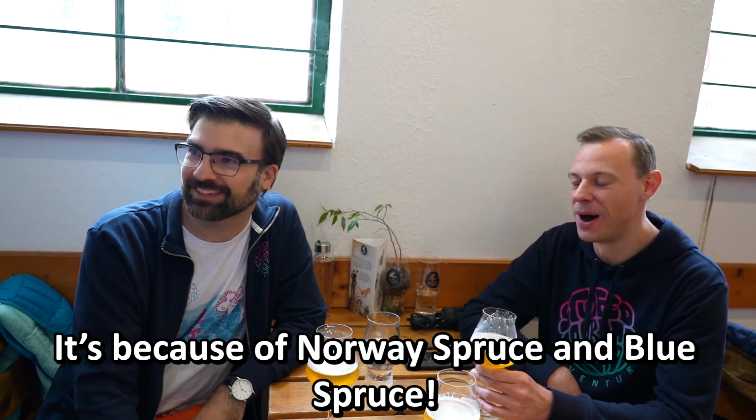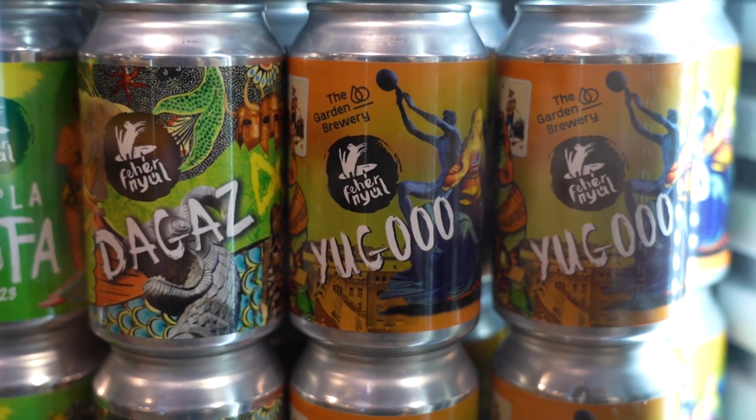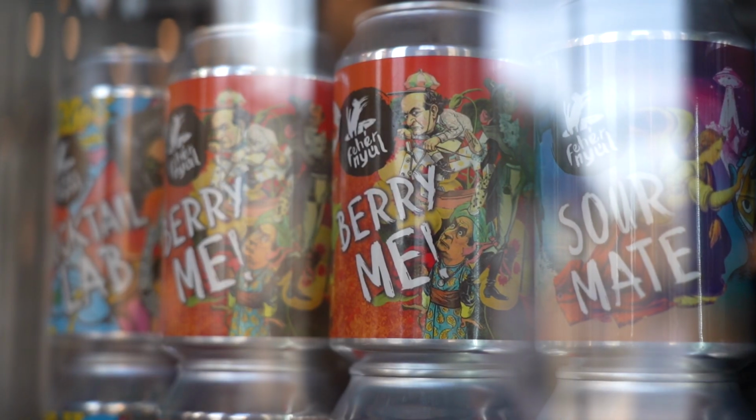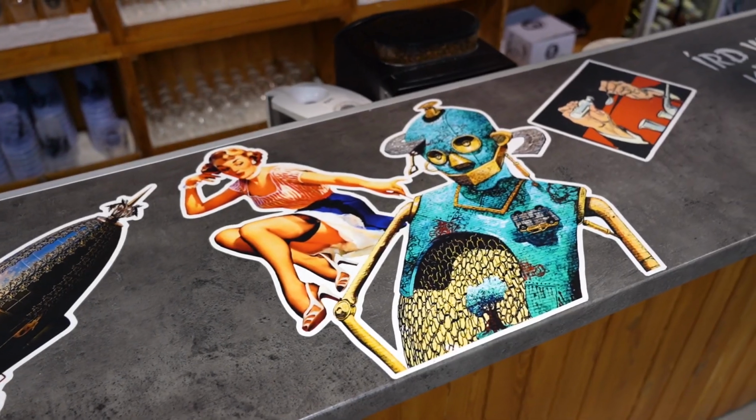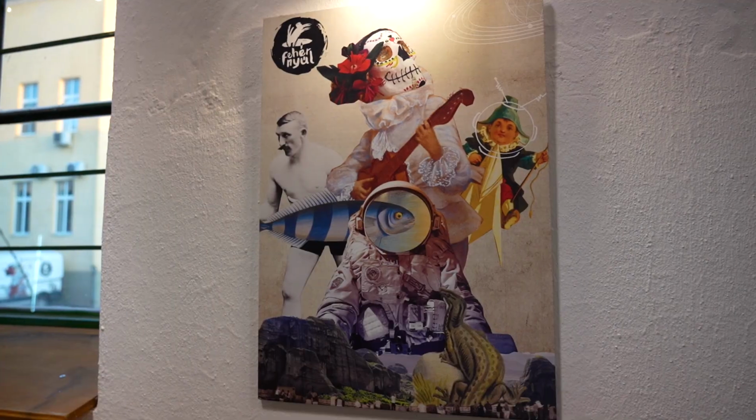And really. How do you come up with these cool names and designs? We usually tend to try to have a little fun with the naming, but also we aim to represent some aspect of the beer. Not only in the title of the beer, but also the can art, the label art. But sometimes we get a little cryptic, try to steer towards the artisan side when it comes to our labels